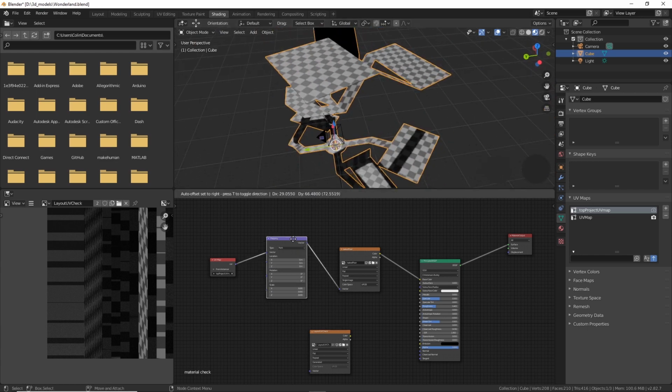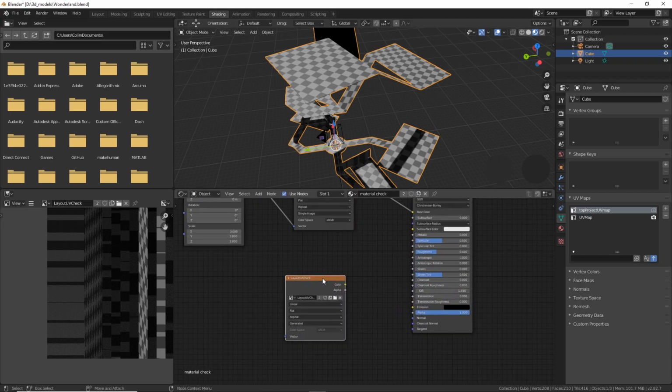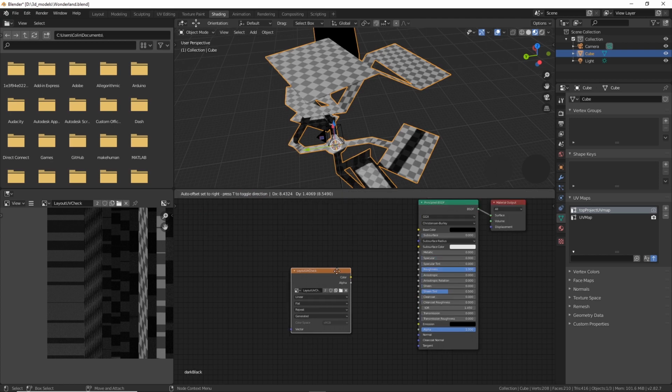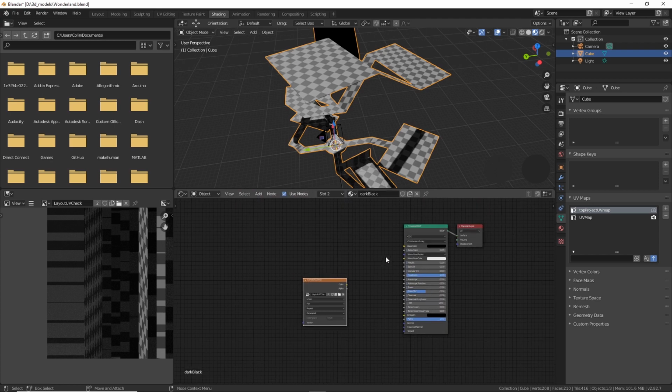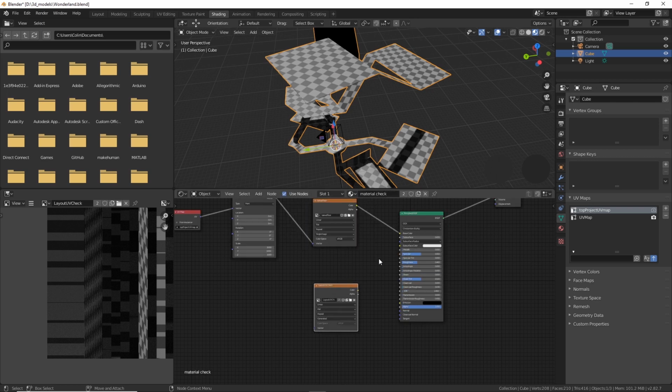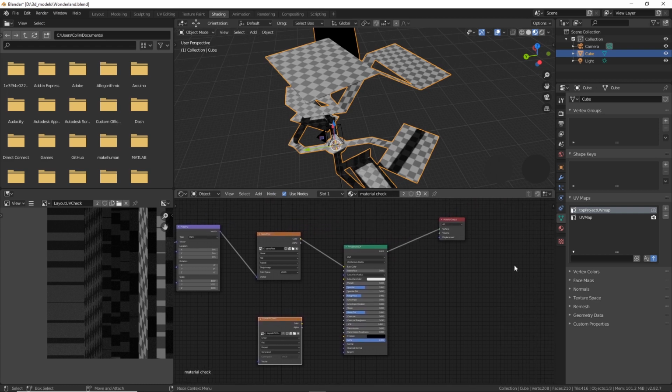So that's set up. Now I want to bake them to this image, but I also want to make sure that this image, and I can just copy it, this layout UV checkers, is also in my second slot, this black one here. One of the problems I was having is that that was causing some issues in terms of the baking. So now I've got that image in both of my materials,